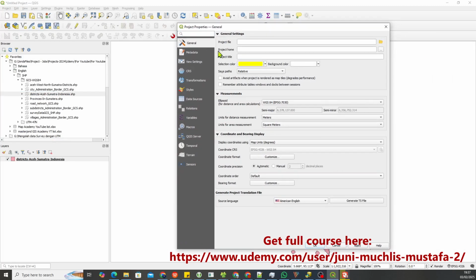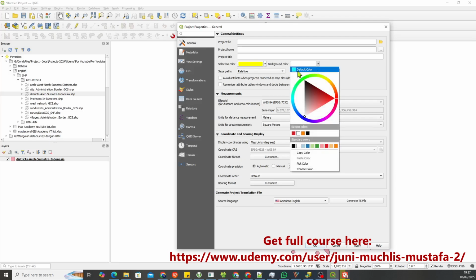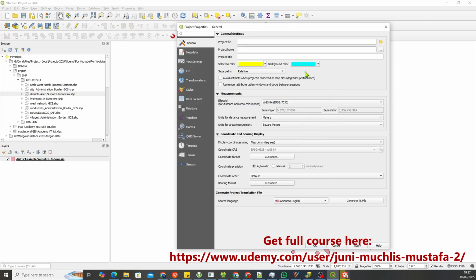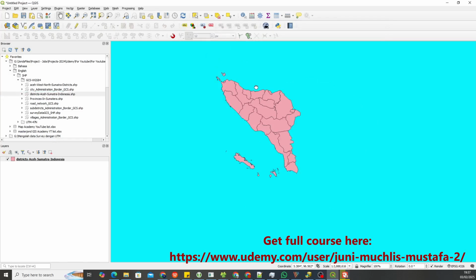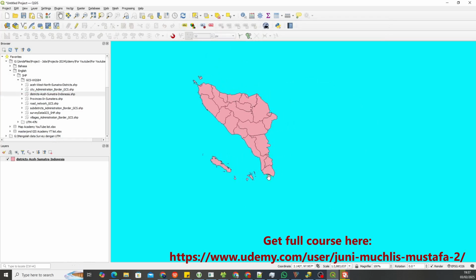and in general we can click the background color here, and we see here the blue, the default color that we have set in settings. So we can choose the default color here and click apply. Here it is blue of the background, but as you can see, this is Aceh province, the most west location of Indonesia